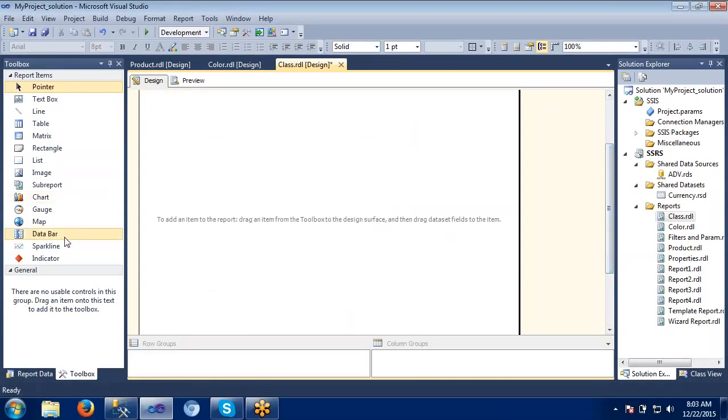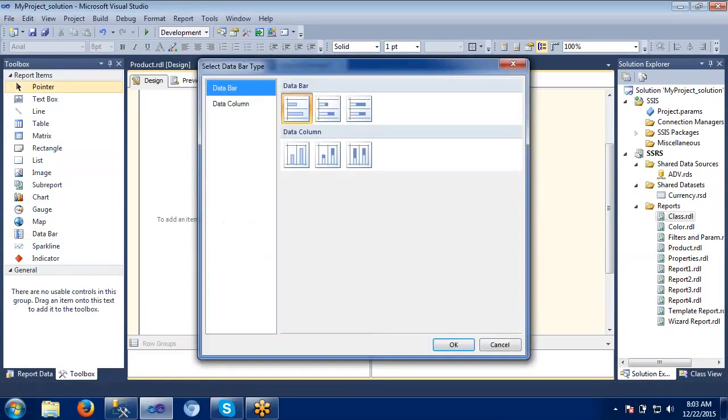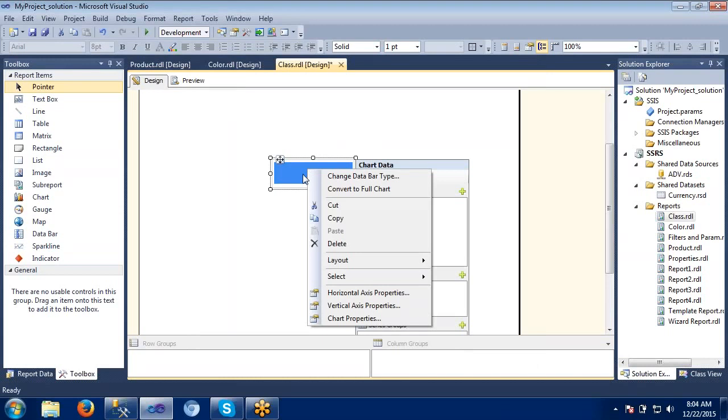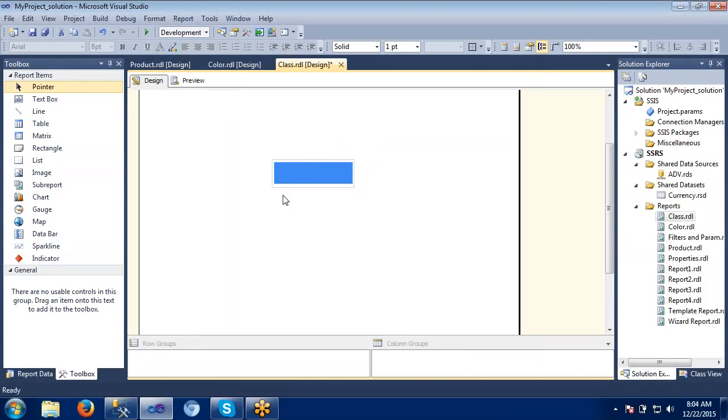Now we'll go through the data bars here. So these data bars are simple. I mean, these are very small indicators. This is one data bar which we have in different options. Data bar and data column, we have two types of bar types. Let me select this one. So here I can specify the values.